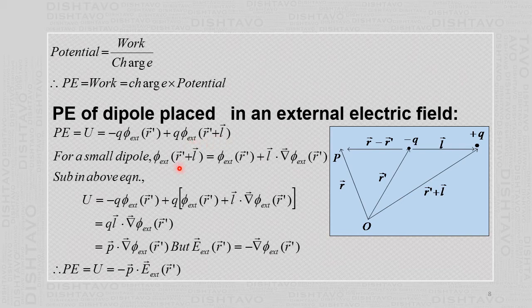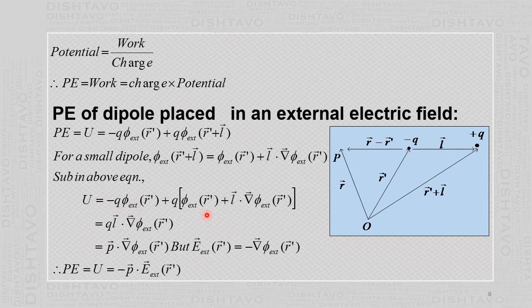Then we try to expand this for a small dipole. Phi external of vector r dash plus vector l is actually what is called a Taylor's expansion. And in Taylor's expansion, we use a derivative. Here it is a three-dimensional derivative, which is del. So using the Taylor's expansion, we get phi external of r dash plus vector l dot the grad of phi external at vector r dash. We substitute it here, and when you substitute here,